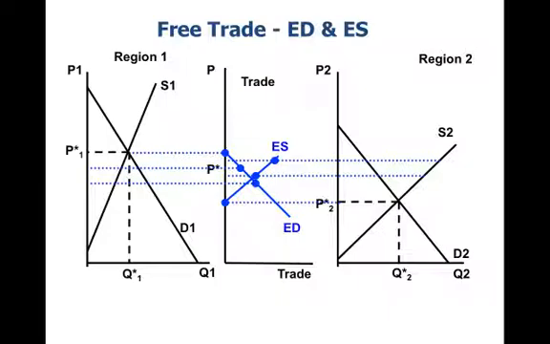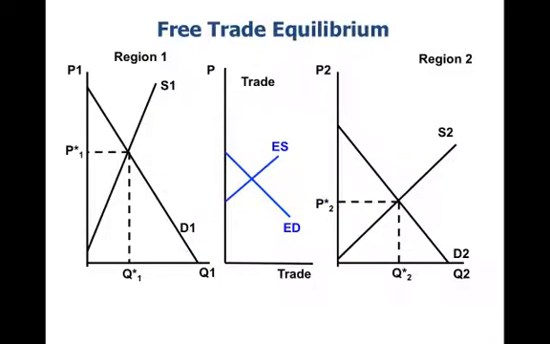And so it stands to reason that because region 2 has an excess supply and region 1 has an excess demand, there's some happy medium in between the two where trade would occur and you would discover an equilibrium price. And in fact, that's what economists do when we focus on trying to talk about trade: we're looking for the point where excess supply equals excess demand. At that point, we're going to have an equilibrium level of trade. And that equilibrium level of trade is also going to result in what we call a market clearing or an equilibrium price. And that price is going to prevail in the two different regions. It will prevail in region 1 and in region 2.